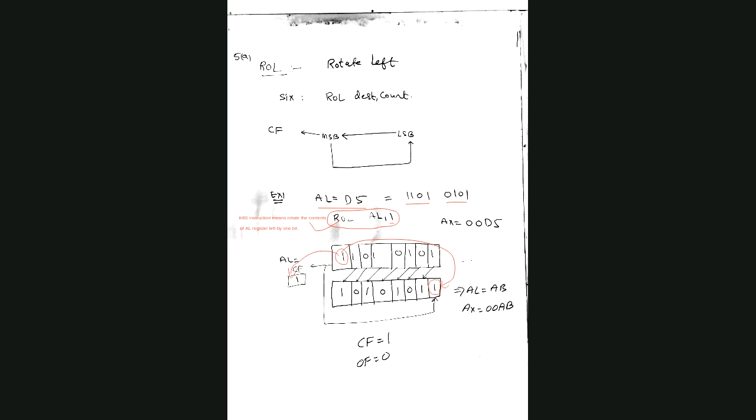Now you see here, I write 1101, 1101. What is 1101? This is D, and this is 5. When I do ROL AL comma 1, rotate left AL comma 1, then I'm just rotating the bits. When I rotate the bits, the most significant bit will be copied into the carry bit, removed, and kept here. Now it is very simple. I just give you an example. If you have 1101, this is D, and 5 is 0101.